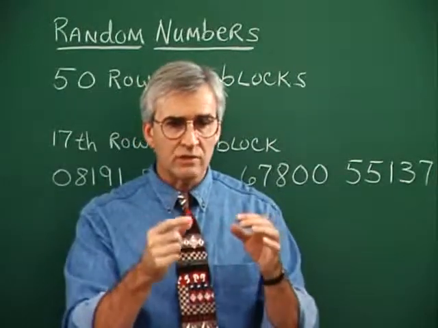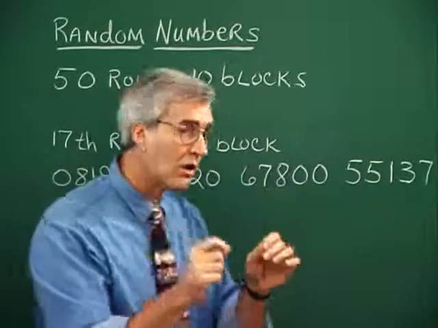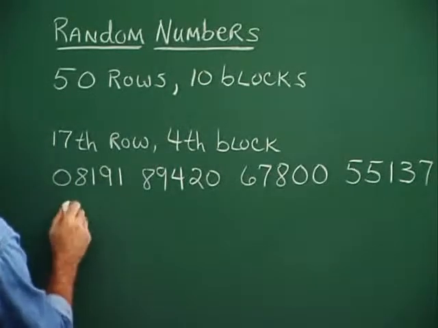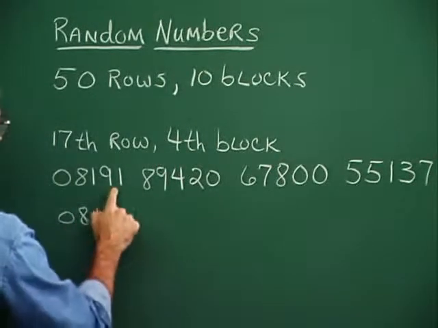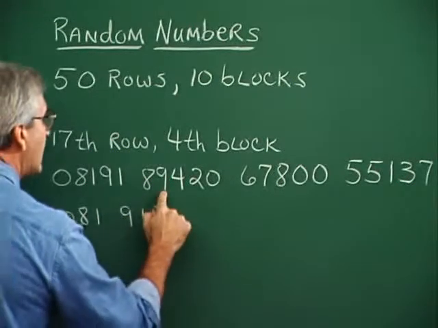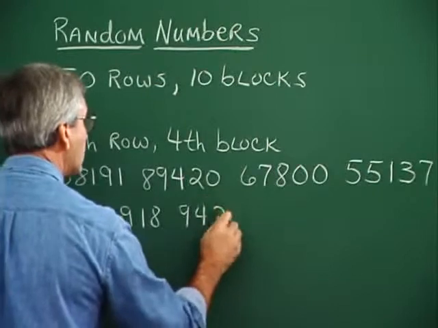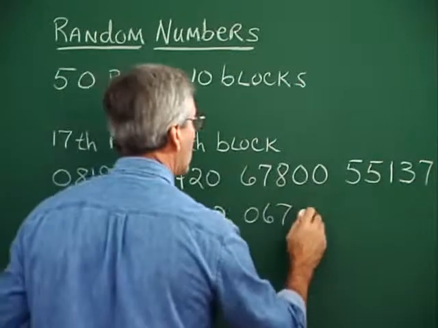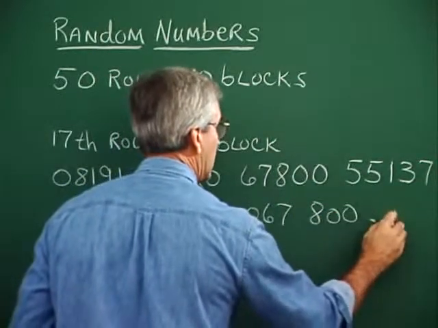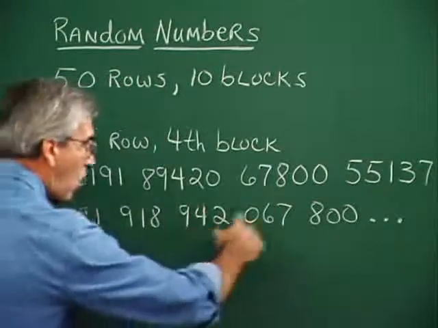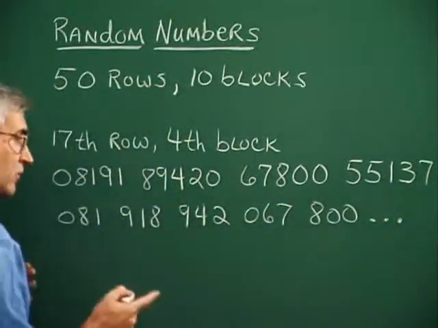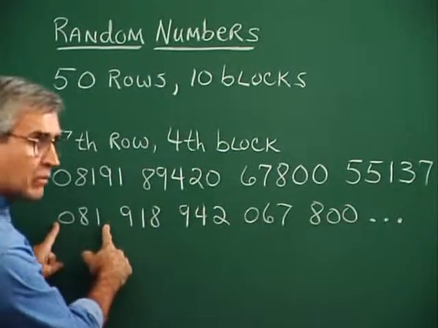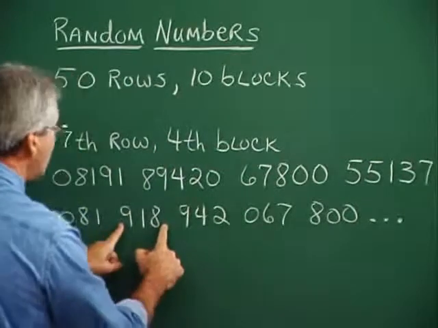We can think of 1 as a 3-digit number also as the number 001, you see. So this is a group of 3-digit numbers, so we could take our random numbers here and divide them into groups of 3 digits. So this would be 081, and then 918, and then 942, and then 067, you see, and then 800, and so on. Now, we just record many of these, and then we say to ourselves, well, let's see, 081 would be number 81.